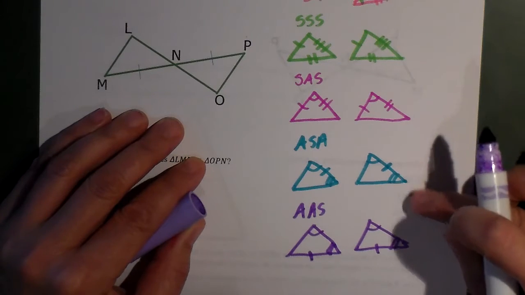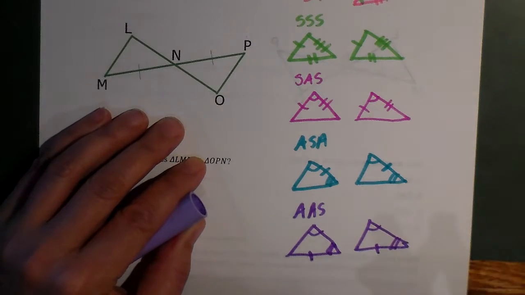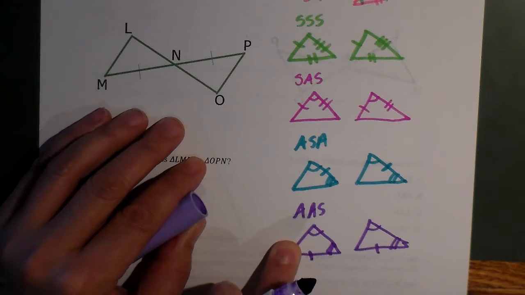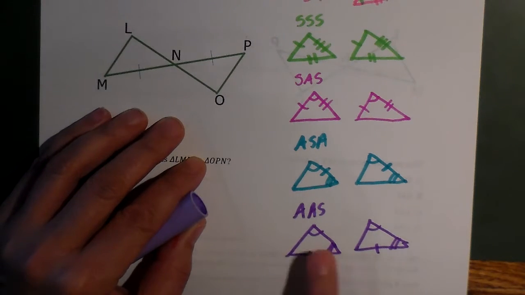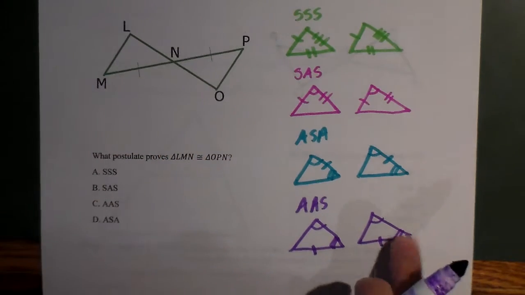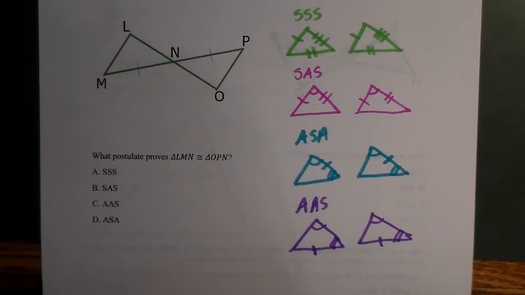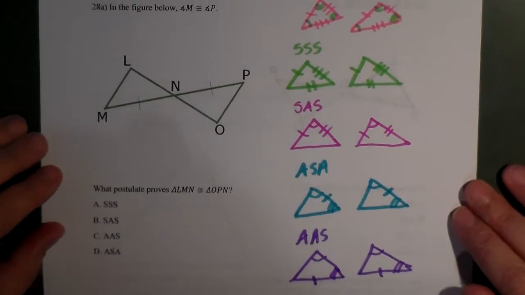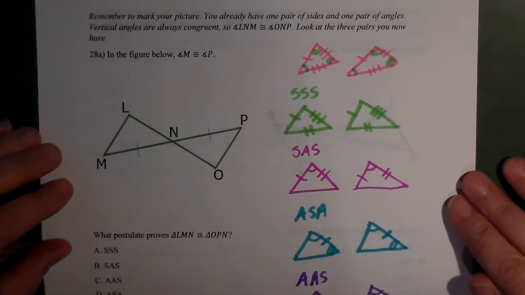Here the side is between the 2 angles, here it's not. But it has to be the same. I can't have this side marked on this triangle and this side marked here because now the side is touching that angle and not that angle. So we have another one called HL, which you don't have to worry about, but anyway, these are your 4 big ones. So if I go back up to the prompt,